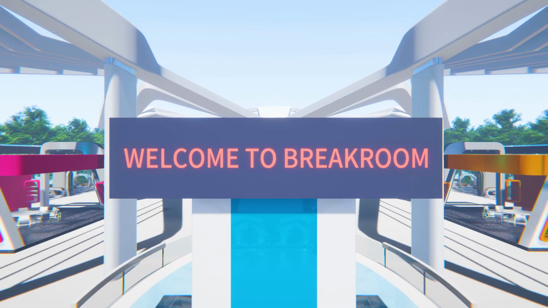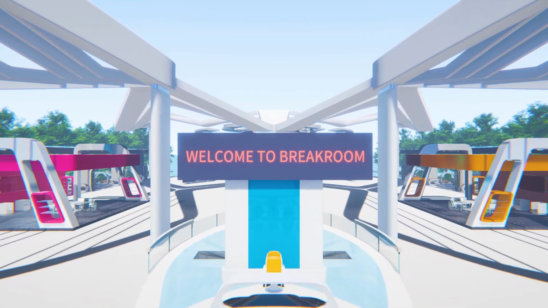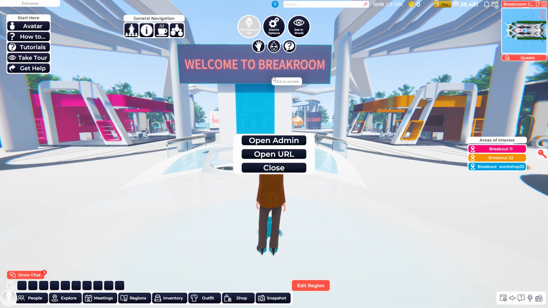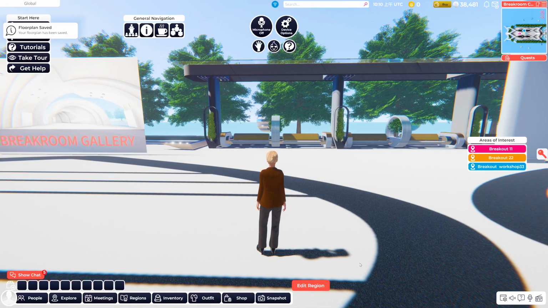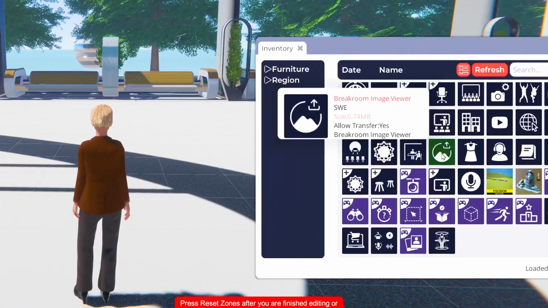The Breakroom Image Viewer allows you to upload still images and display them in your world. You can also create clickable images that will direct users to a website of your choice. To add an image viewer to your region, go into the region editor, find the Breakroom Image Viewer object in